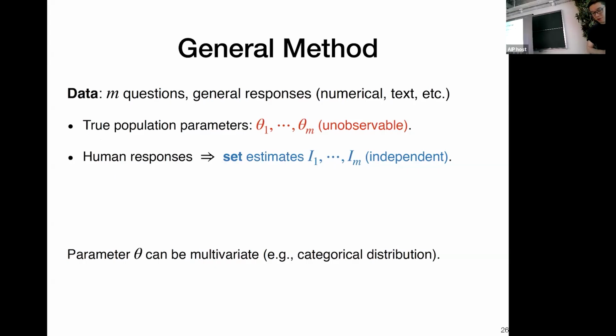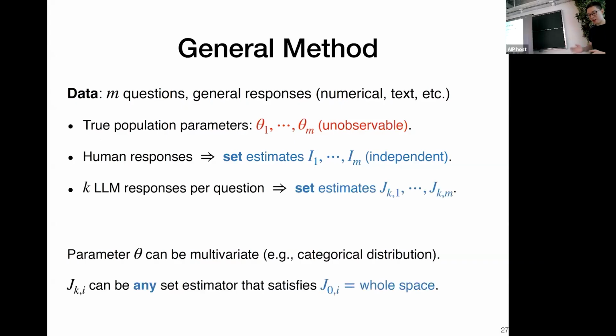Because the human responses are real, they're unbiased. So these real set estimates have valid coverage. You can choose the coverage level. Okay, then let's replicate those studies again using LLMs. If you generate K samples per question, you can construct these synthetic set estimates. And of course, you don't know how well they will cover the truth. You want to select the K just as before.